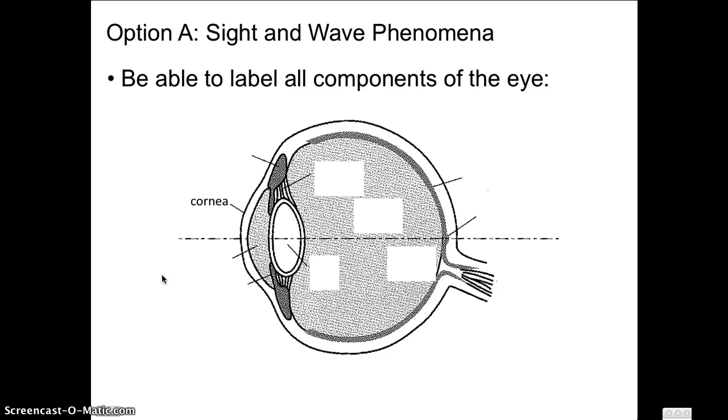So when light comes into the eye, the first thing it hits is the cornea, which is a transparent layer of skin. It provides some assistance in focusing images, and it also is responsible for a little bit of protection. So it's this transparent layer, it's clear, light passes through it. In the anterior, the front chamber here, there's the aqueous humor,